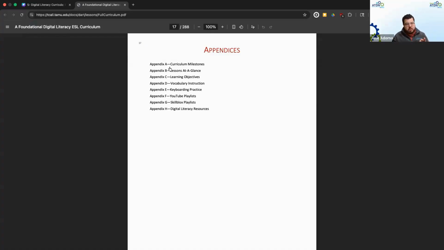This is a very important piece of the curriculum, and I'll go over this a little later, but basically they give you a lot of context and strategies that are not present in the lessons themselves. As we're going to see, you're going to see the difference if you're trying to focus on a portion of the curriculum versus all the lessons. But that's page 17. You have all the lists there.